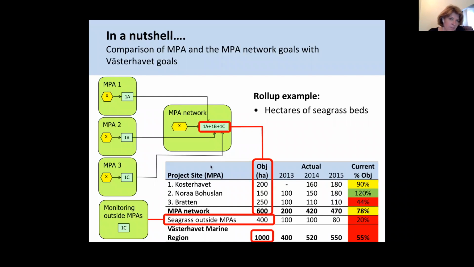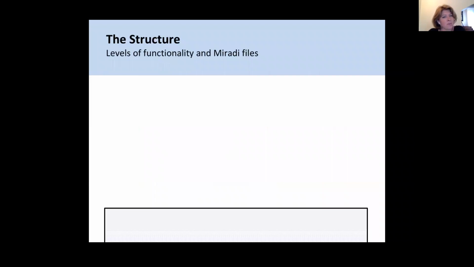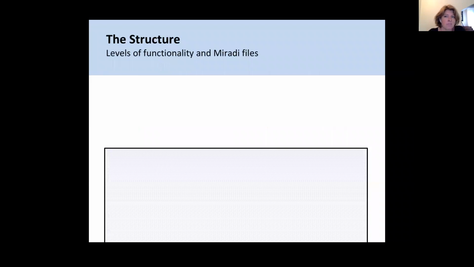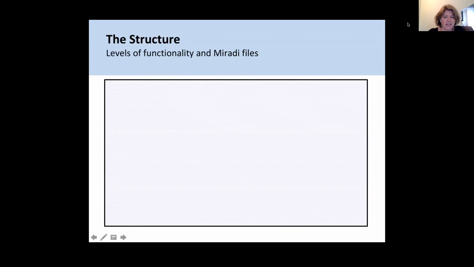Now, the interesting challenge for us was to design a system using Miradi and Miradi Share that could handle this kind of complexity of nested hierarchies. And this is how we tried to design and think about the structure of this challenge. So the big rectangle,